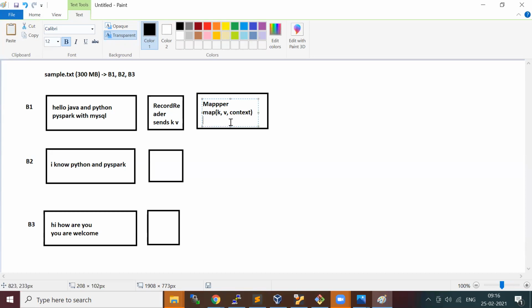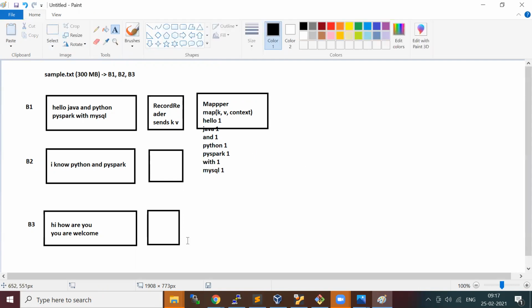For example, hello, we make a counter: hello 1, Java 1, and 1, python 1, PySpark 1, with 1, and MySQL 1.